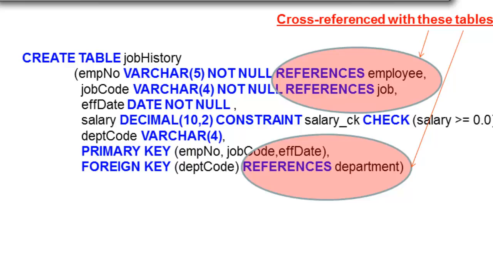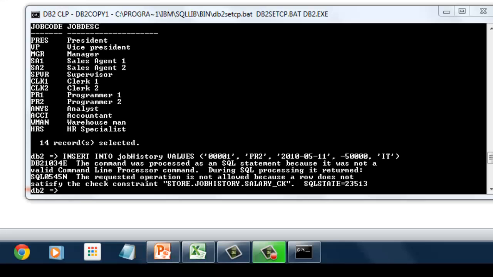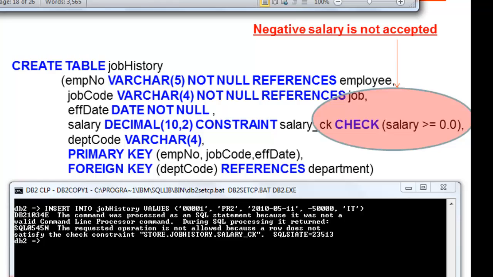Since the job history entry is intended for John Smith, who works as a programmer too at IT department, let us correct our insert table with the following script. Another error message is generated. Salary CK is the constraint name we have set before to check if the value corresponds with the range. Negative values are not accepted.